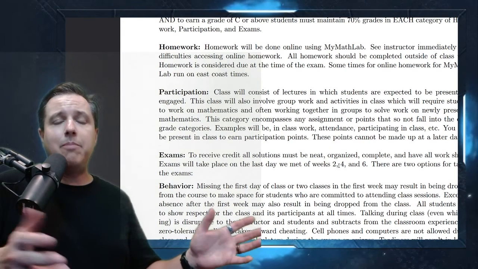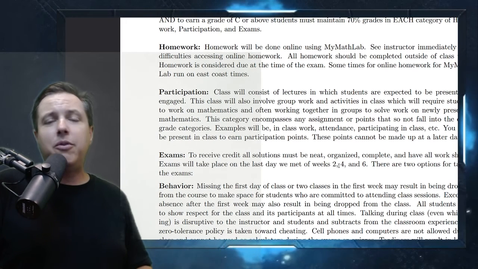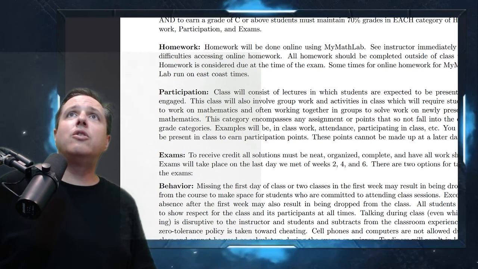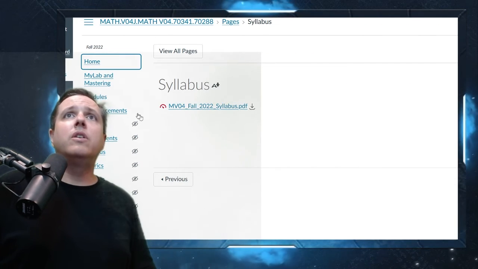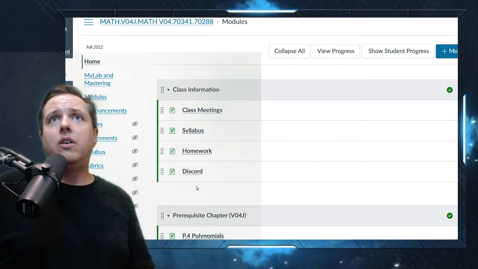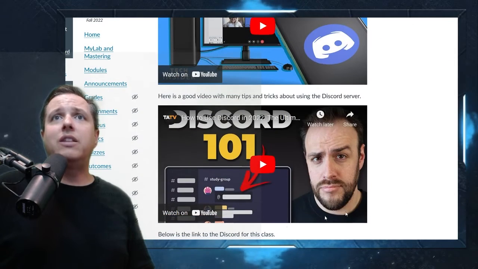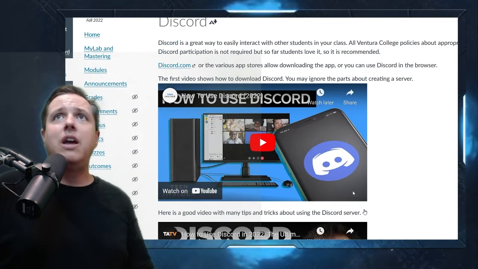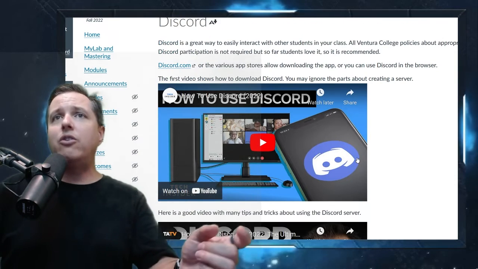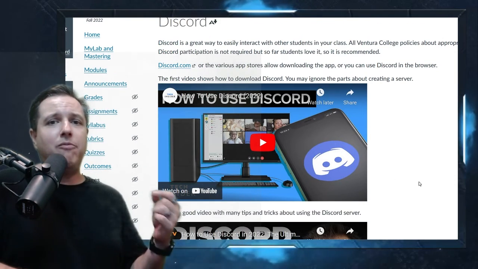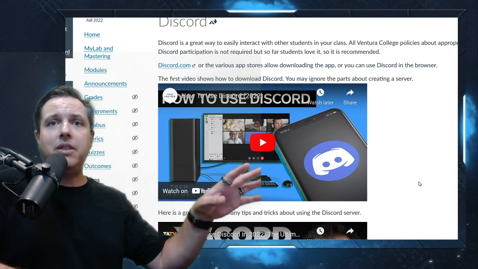The Discord is set up. Many of you are already comfortable with Discord because you use Discord on a regular basis. Some of you are new to Discord. So let's take a look at that. If we go over here, if you're new to Discord, there's a page here telling you exactly all about it. So we've got the link at the bottom to get to the Discord, and then there's a couple videos about using Discord. You are not required to use Discord, but it is really helpful because there's voice chat features in there. So it's nice. You can pop in there, and you can just